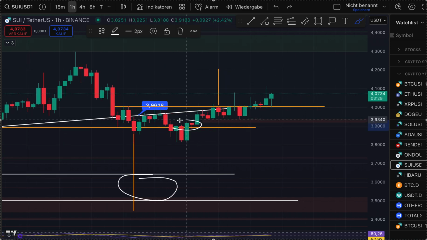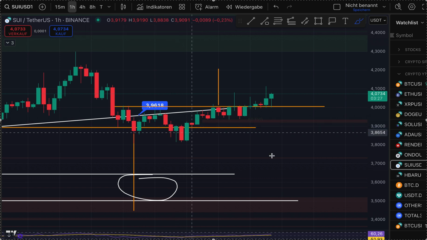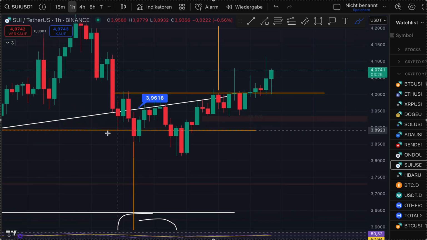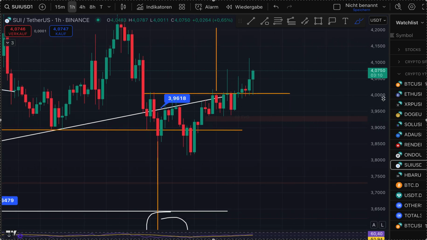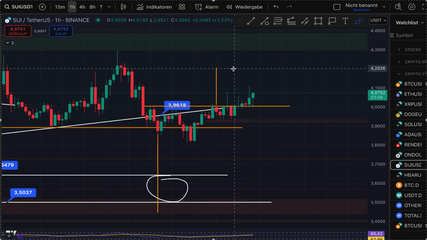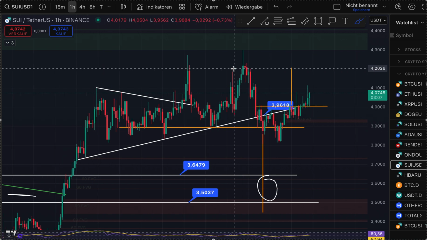That consolidation here wasn't a perfect retest in my view, so I knew already that my trend line is a bit broken, it's not good at all, so I better take my fingers out of SUI. Instead, we broke here the $4 to the upside, and it looks like that we are heading to $4.20. Here I would also be careful, because